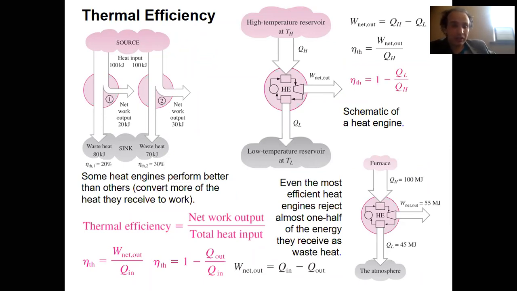Remember how we introduced thermal efficiency in chapter 2. Whatever you deal with, efficiency or performance, it's what is desired over what is required. From each device you want something and you need something, right? So if you look at a heat engine, any kind of heat engine, what do you want from it? What do you desire from your heat engine? You desire work output, right? What do you require? You require heat input, right? Because what you do in a heat engine, you convert heat into work, correct? So what is thermal efficiency?